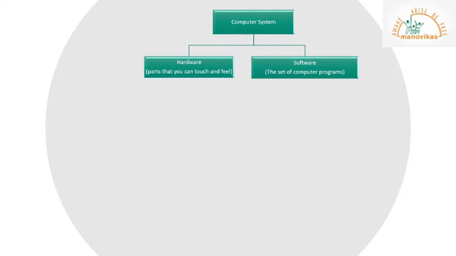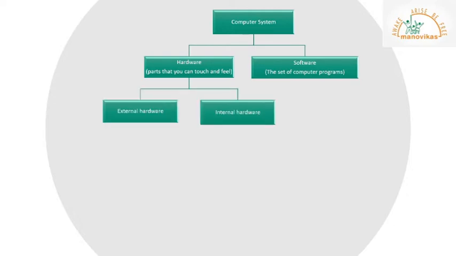It is just like how we have our physical parts of body like hands or legs, but they will not function if our brain doesn't give the commands. In the same way, for a computer system to work, we need hardware as well as software. Now since we are going to learn about hardware of a computer system, let's concentrate on the different parts of hardware. Hardware is again divided into two. There are two kinds of hardware: external hardware and internal hardware.